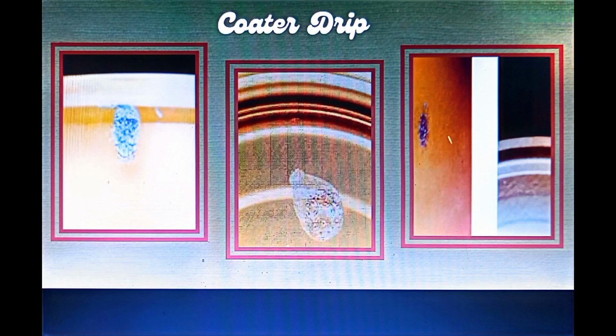Another example would be the coating drip. This defect belongs to the coating application defects. It was considered a minor defect unless careful examination could prove that it was a serious defect. It could be considered serious if a hole or plate corrosion was detected after thorough examination,